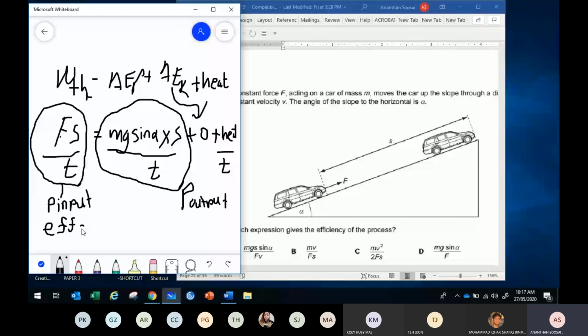So mg sine alpha. Okay, so S over T. S over T is actually what? S divided by time is the velocity, the velocity going up. So S over T, we can pack them together and put it as V. Okay, so divided by